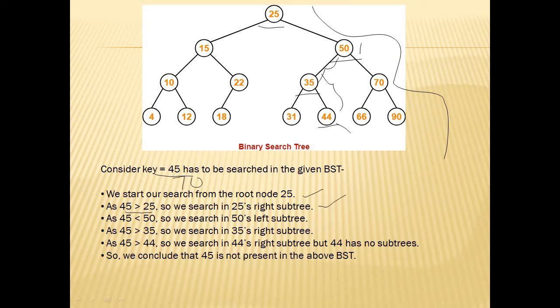Is 70 greater than 50? Yes, 70 is greater than 50, so there is a chance to get it on the right hand side. Here it will come. Is it equal to 70? Yes. Then we stop the search here and say that the element is found. If not found, then we go with either less than or greater than. Okay, so this is the searching operation. When you observe here, we searched only the right hand side, not the left hand side. That means only half of the tree is involved in the searching technique, either left or right.